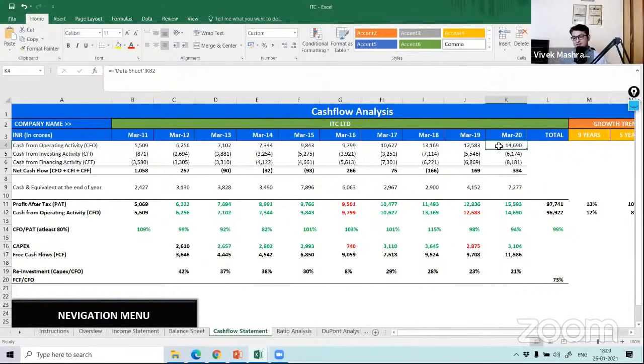Is management not aggressive for growth? Is there a lot of competition coming in? What is happening, right? Why are they not able to invest the money in the business? That is the question you should ask, because that is where the growth will come. Otherwise Ramu Kaka will grow 10%, 12%, which doesn't make sense. It needs to grow properly if you want good investing returns.